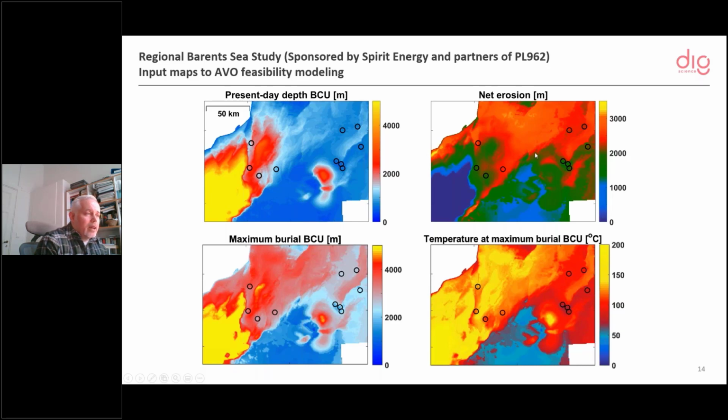And this means that if you put that back to the maximum burial, you see that the maximum burial has been different in these different wells. And this is important information because this is the one that goes into the Walderhaug modeling and controls the stiffness of the sandstones. And here you also have the temperature at maximum burial. And we see here that most of the area you are way beneath the 70 degrees, so you've been cooking the rocks. But some places actually you haven't yet entered the cementation window.